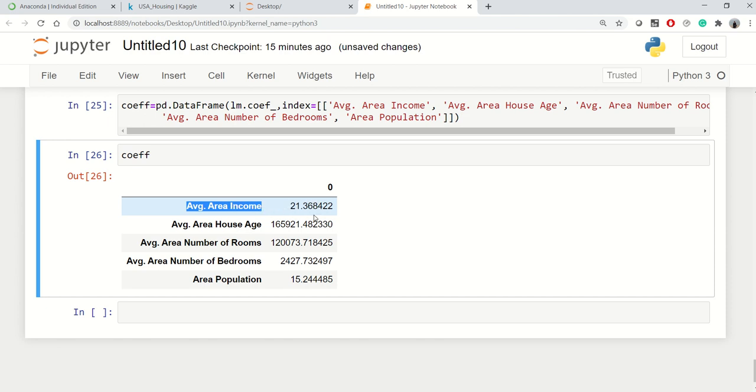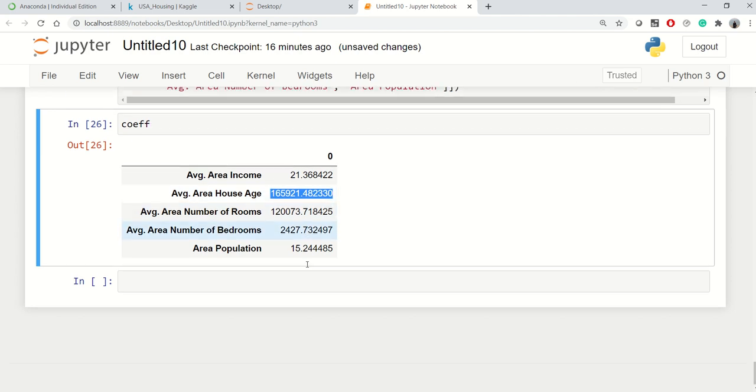So it means holding all other features fixed, 1 unit increase in average area income will increase our house price by $21. In a similar way, holding all other features fixed, 1 unit increase in average area house age would increase the price of our house by this much, and so on.